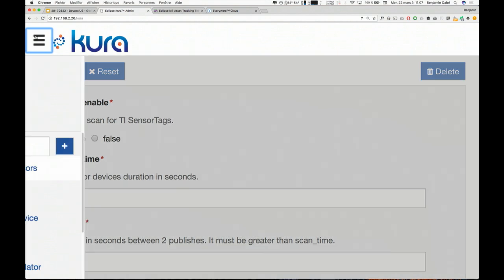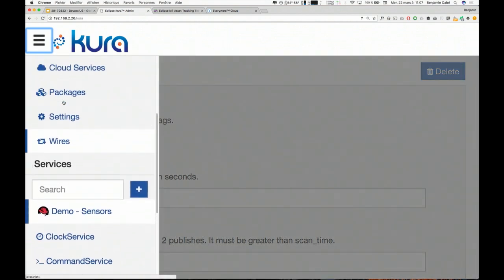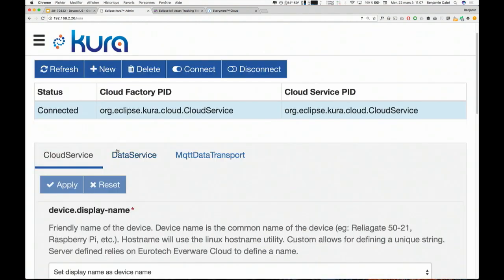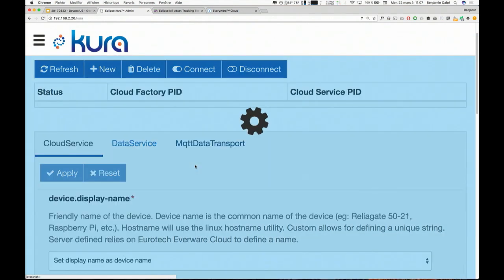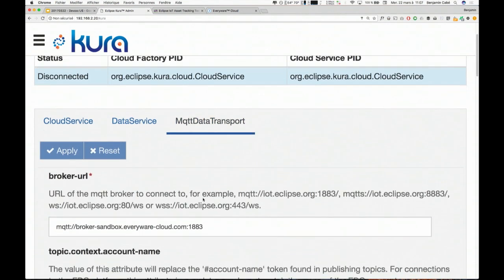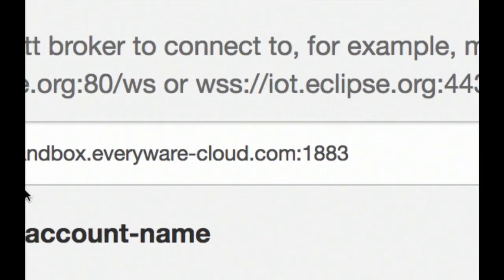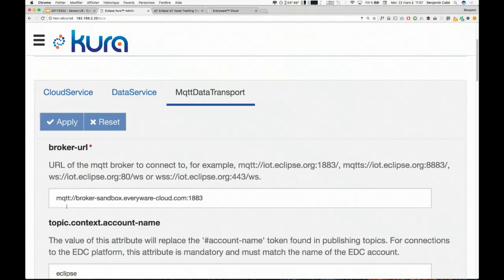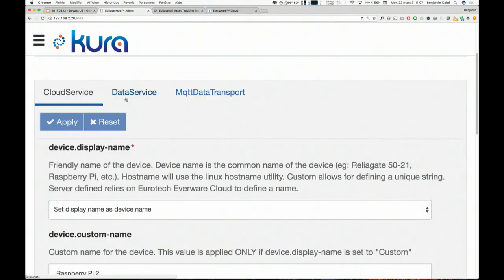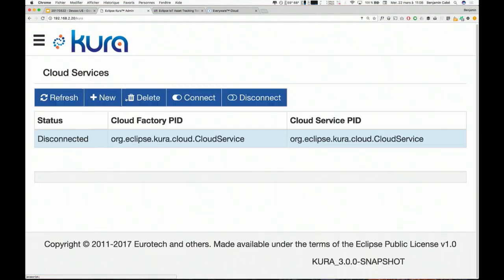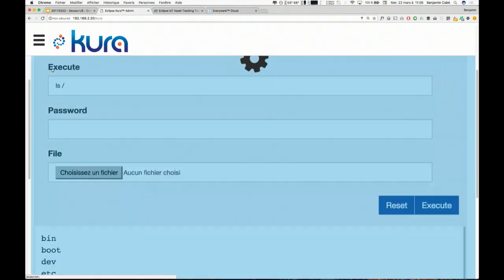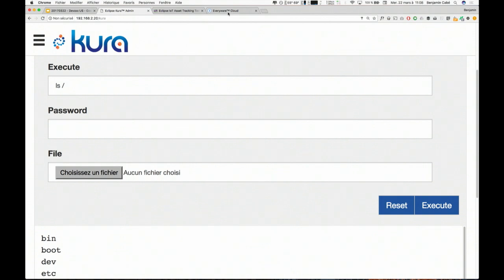If we go in the Cora configuration UI, once and for all, I can configure what cloud I want to talk to and what MQTT backend I want to send the data to, and I do that once and for all. I can also configure how long I want my local buffer to be when the network is down. How many messages do I want the gateway to store locally before discarding messages? So that's my Cora gateway being configured, being connected to the cloud, hopefully.